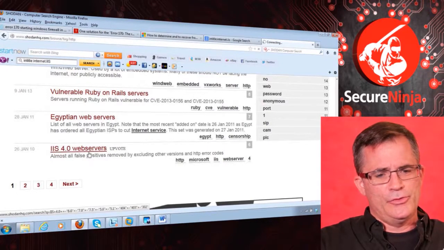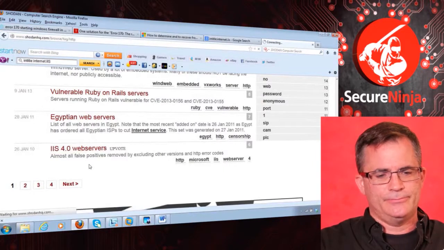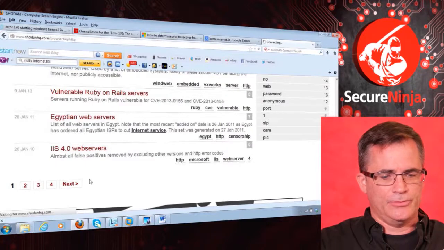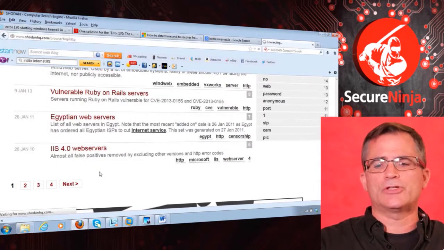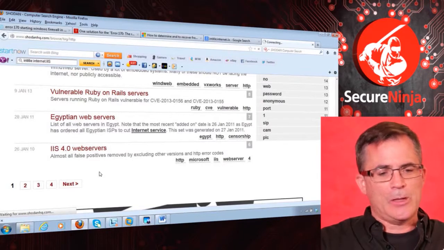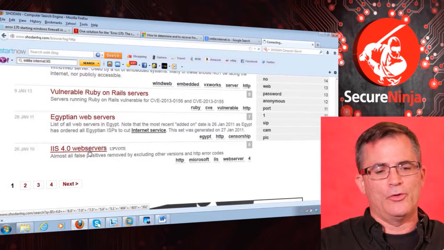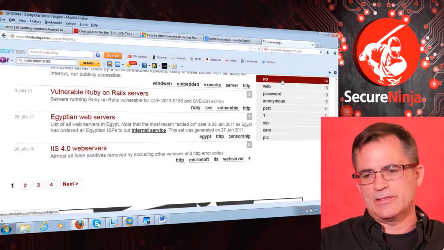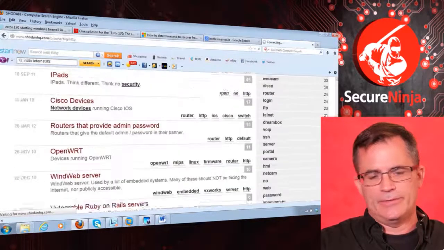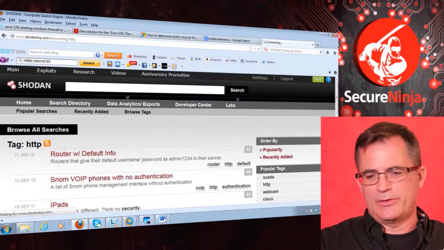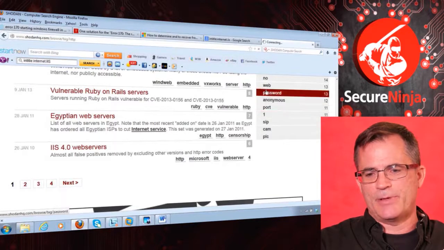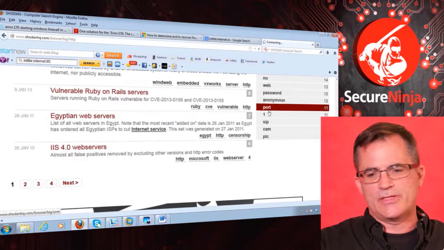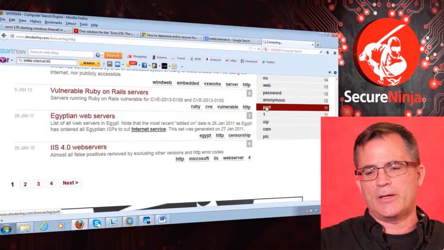Okay? So what we do is, we click on this query, and it'll take a while to generate. And we're waiting down here. We're waiting for our query. And what we're doing is, we're querying the cloud. So Shodan's a cloud scanner, and we're querying the cloud looking for these IIS 4.0 web servers. And there shouldn't be any of these left today. In reality, there shouldn't be. But unfortunately, there probably is. They've got a lot of different scans in here we can do. You got some password, anonymous scans, all those types of things. So all this information we can pick up